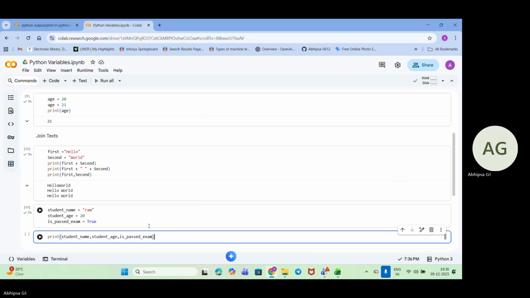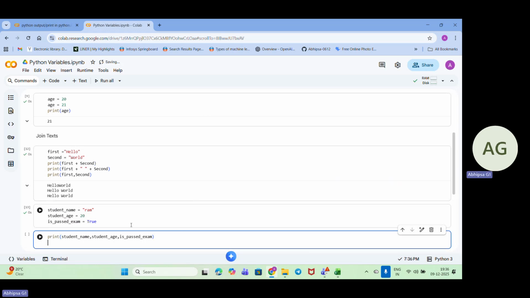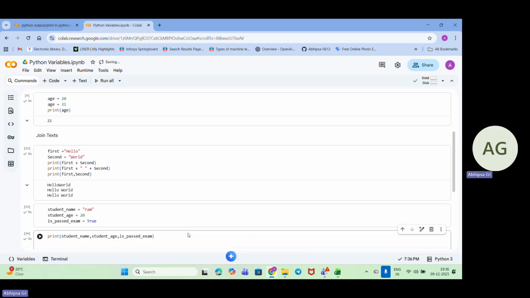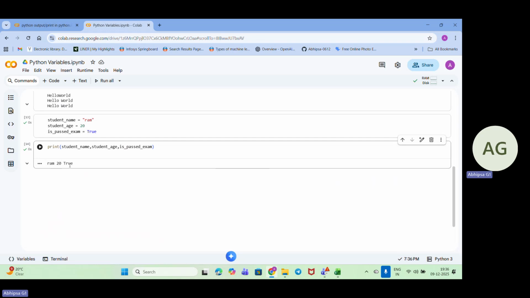Yes, I have printed it. So let's see. I have printed Ram 20 True. So the name of the student is Ram. The age of the student is 20, and whether this student passed the exam or not, that is True. Okay. So these are the variables in Python.